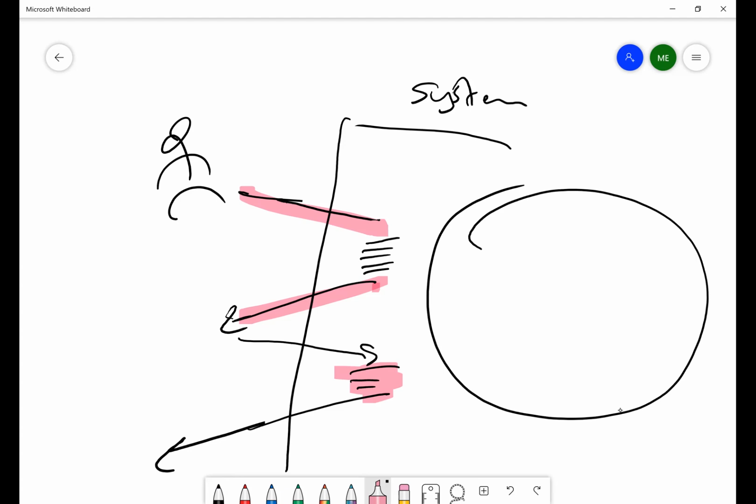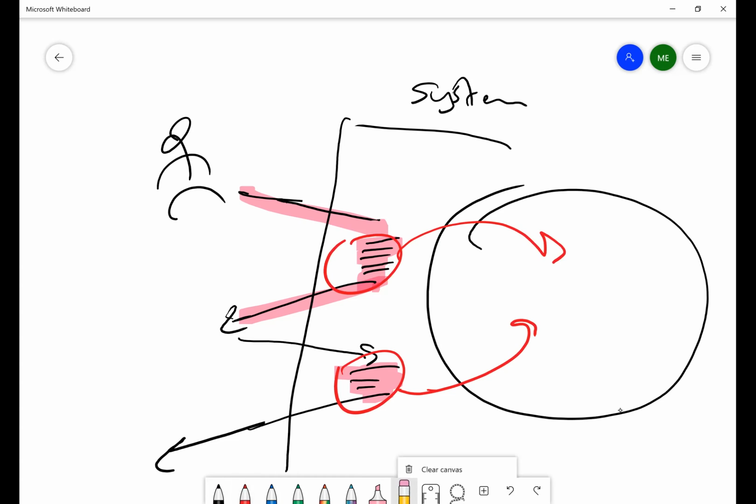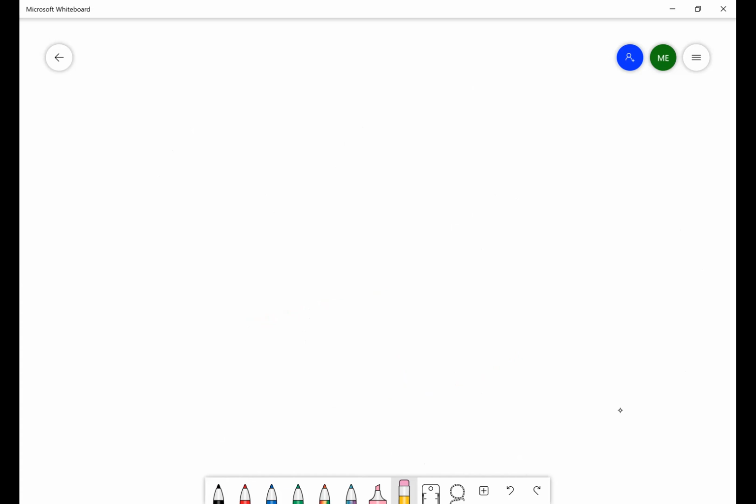Now, in order to do this part over here, in order to do that part over there, I need to create code for it, okay? That's really the internals of my system here. All right, so for internals of my system,